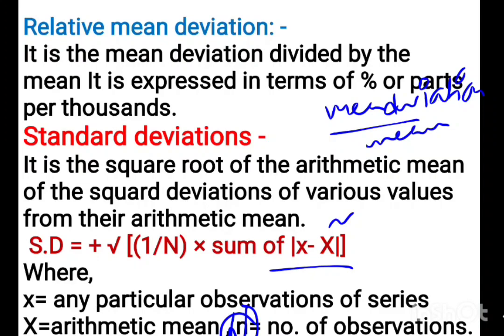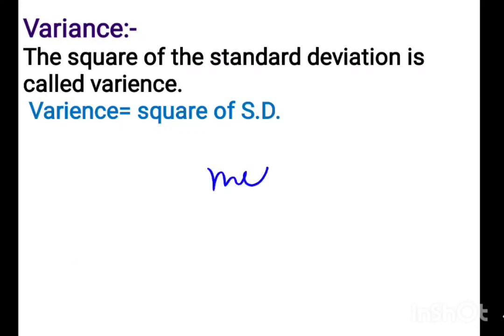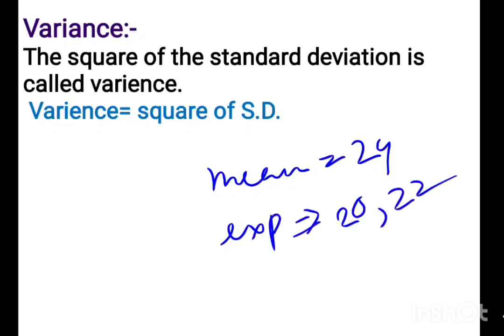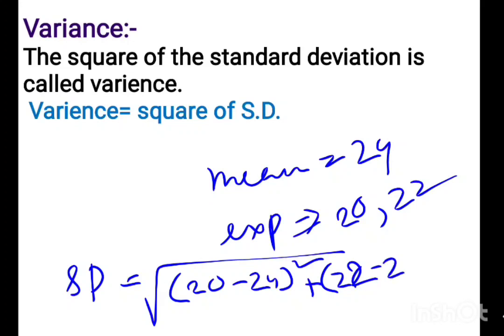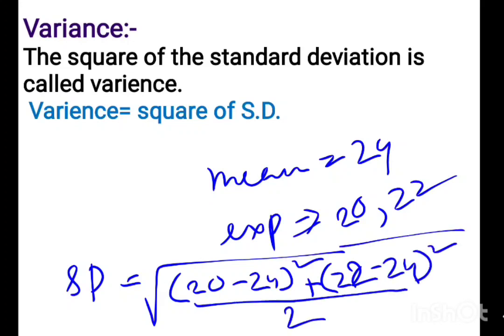ওকে, সাপোজ আমি আরেকটা উদাহরণ দিলাম, তোমার মিন ভ্যালু ধরো 24, ঠিক আছে, আর তোমার এক্সপেরিমেন্টাল রেজাল্ট হয়েছে একটা হলো 20 আর একটা হলো 22, ঠিক আছে। তো স্ট্যান্ডার্ড ডেভিয়েশন করতে গেলে কী হবে? দ্যাট ইজ (20 minus 24) স্কোয়ার প্লাস (22 minus 24) স্কোয়ার বাই 2, and we have to use root over, so we get standard deviation. তো স্ট্যান্ডার্ড ডেভিয়েশন হবে রুট ওভার (20 minus 24) স্কোয়ার প্লাস (22 minus 24) স্কোয়ার বাই টোটাল মেজারমেন্ট কত? 2, তো এটাই হবে স্ট্যান্ডার্ড ডেভিয়েশন।